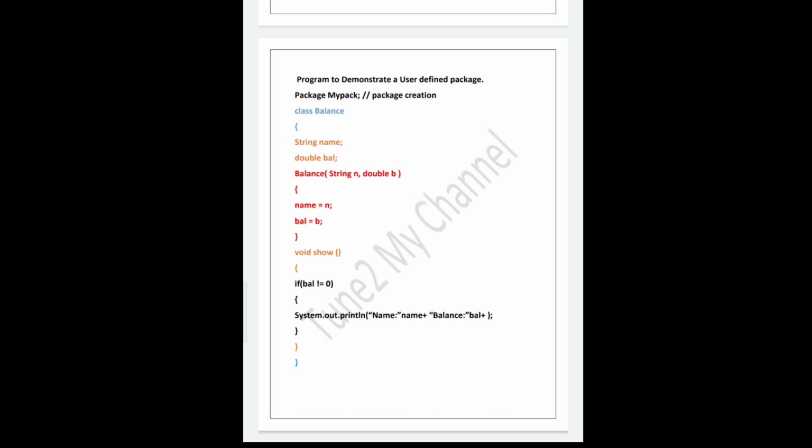Let's add some members to our class. Let the first one be named name of string type and balance of double type. After declaring two variables, let's initialize them using a parameterized constructor. Here, the parameters of the parameterized constructor are n and b of string and double type respectively. Now let's define our constructor by assigning name equal to n and balance equal to b using the assignment operator, which is equal to.